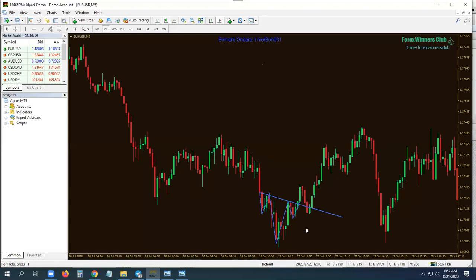This one fortunately went up and gave you a pullback and gave you a signal here, something that looks like a morning star you could buy. So you measure from here to here, 16 pips. From the breakout, 16 pips would be about here, so your target should be around here. Your stop loss should be below the shoulder. This one, that's your stop loss. Stop loss is about 6 pips. That's a very good setup also.